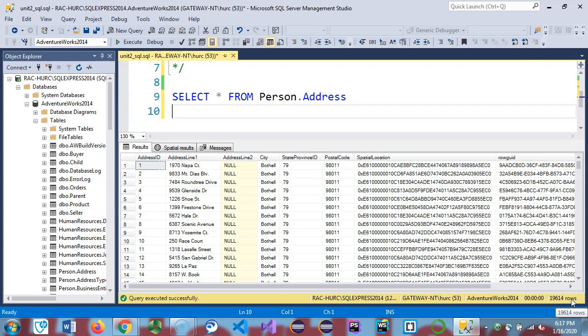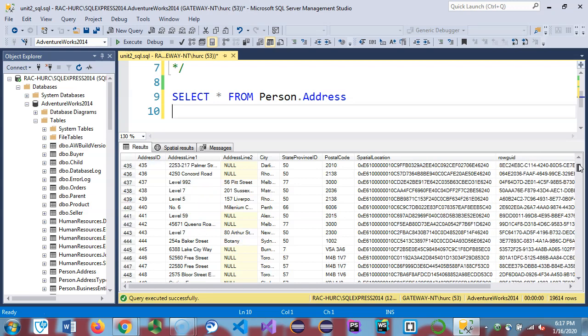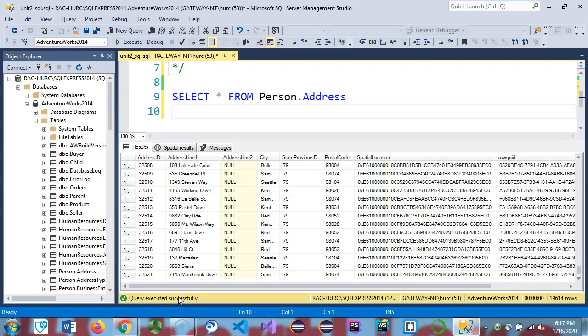So it returns 19,614 rows for my example. Yours is probably the same, or more. If you scroll down, the numbers on the very left are the row numbers. This is kind of repeated because the address ID is an ID field. It's set to auto increment, right? The identity here. And if I scroll all the way down to the bottom,